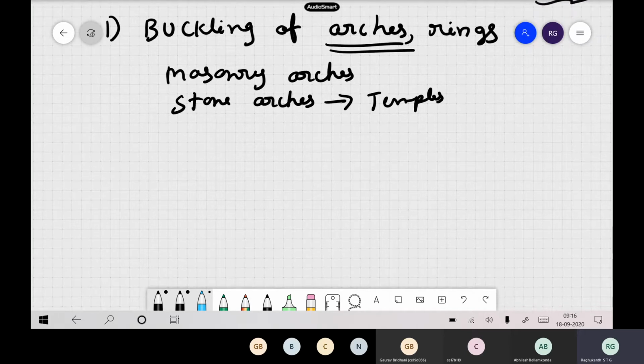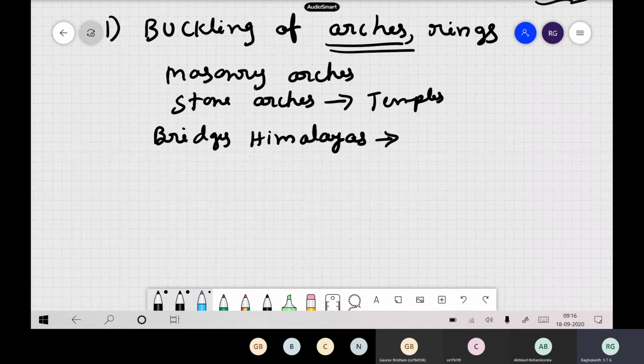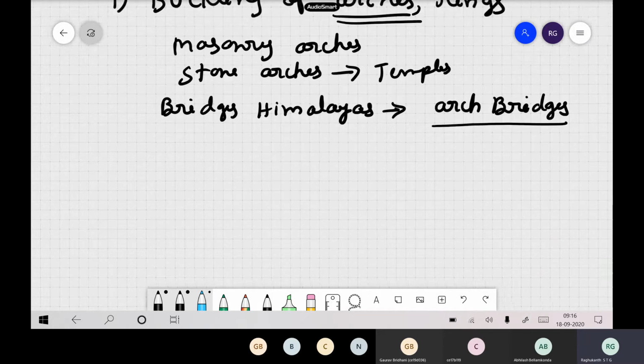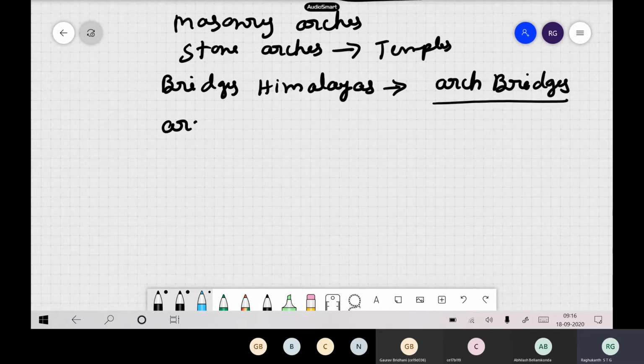These are classical. And nowadays in many bridges, say in the Himalayas, where the topography is very, very difficult to put a column, and because of so many issues, these arch bridges are becoming very popular. Okay, and of course arch bridges look very nice compared to other types of bridges. So architectural people also prefer this type of arch bridges. Not only arch bridges, we have arch dams also. Arch dams you would have seen in our India.